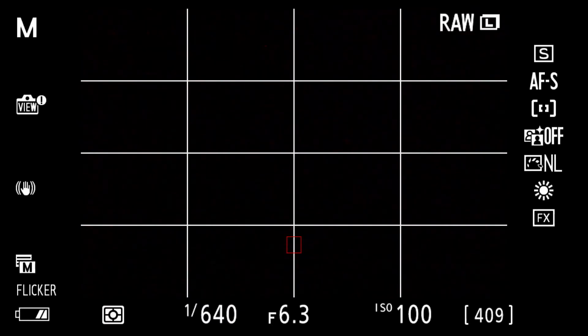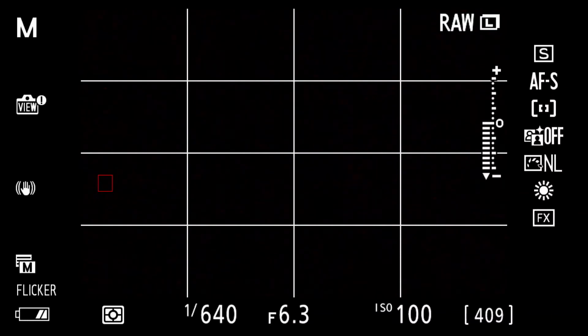Now, for example, if I am currently setting my focus point into the center, and if I move it to, for example, the left hand side, and now the frame is horizontal, but if I make it vertical, you will see that the focus point has shifted to the top left corner in the vertical frame.